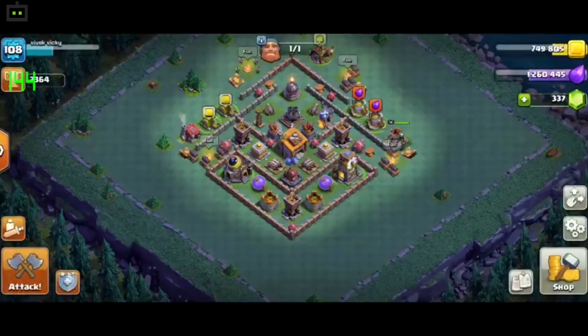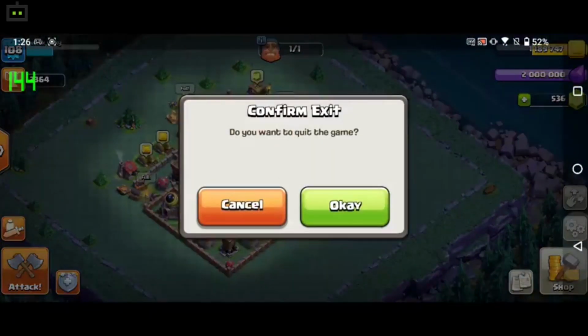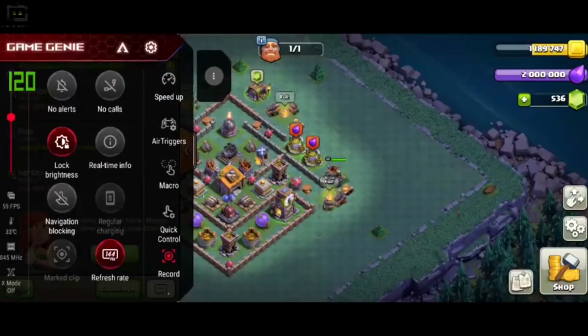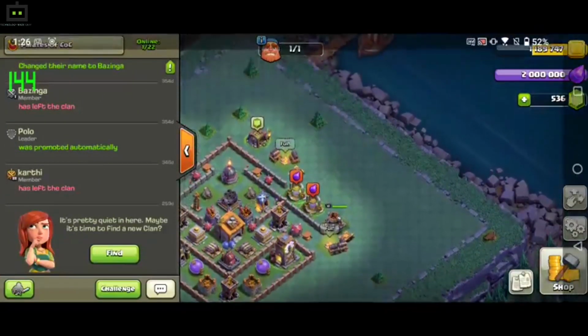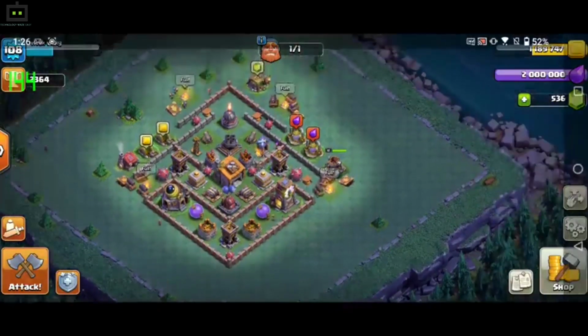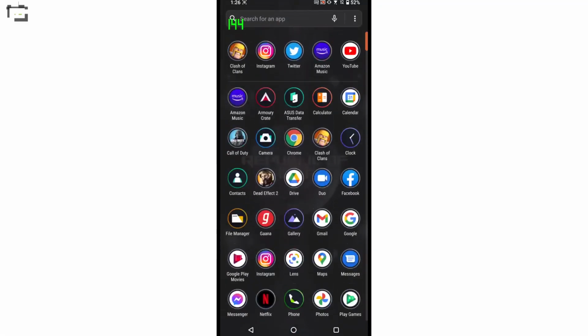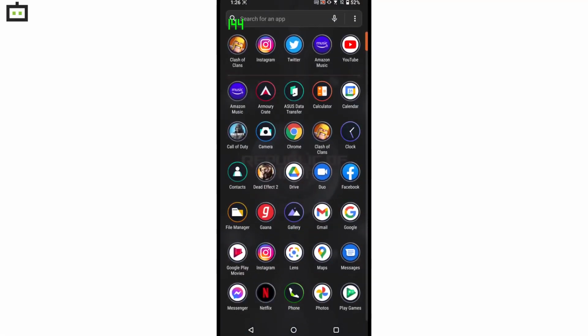smooth gaming experience. As you can see in this game, as soon as I open that game, in the information you can see I am actually getting a real-time screen refresh rate or frame rate of around 60Hz. So again, this is actually a limitation of that specific app or game.